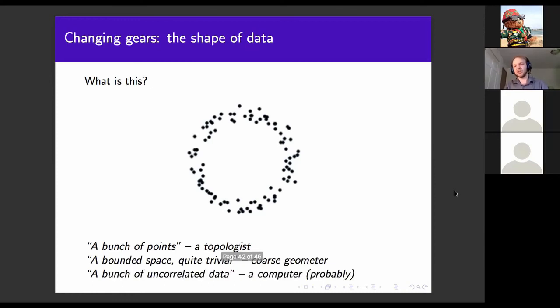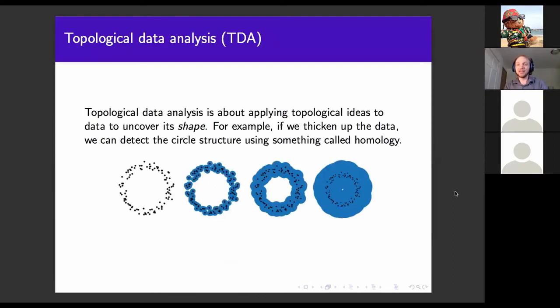And a computer says, well, it's a bunch of data, but it's not correlated. It's not on a straight line. So I don't like it either. So what is the solution? The solution is to look at the medium scale. In other words, not to look so closely that they look like points, not to look so far away that it looks like 1 point, but to look somewhere in between.